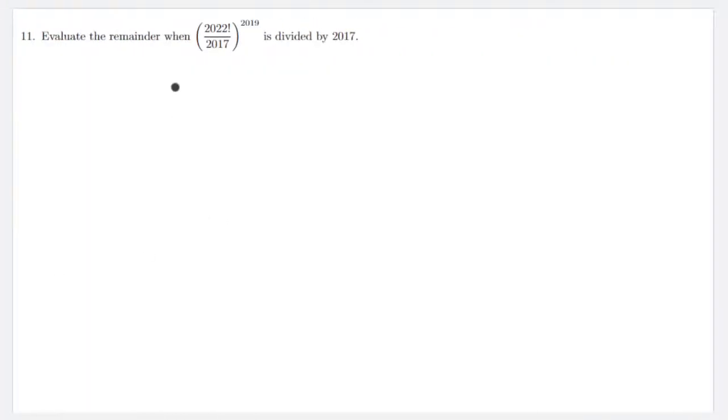So evaluate the remainder when 2022 factorial over 2017 to the power of 2019 is divided by 27. Okay, so this is a lot. So let's think about what we have in our toolbox for modulo. So obviously this power is kind of interesting, and 27 is kind of interesting. Usually problems will use 2022 because this is 2022. So the reason we picked 2017 here is because we needed to pick a prime. And the reason we had to pick a prime is because